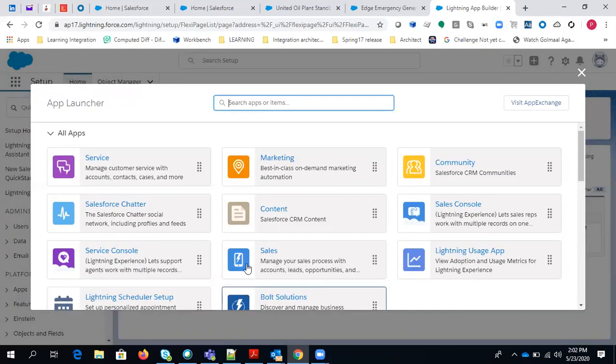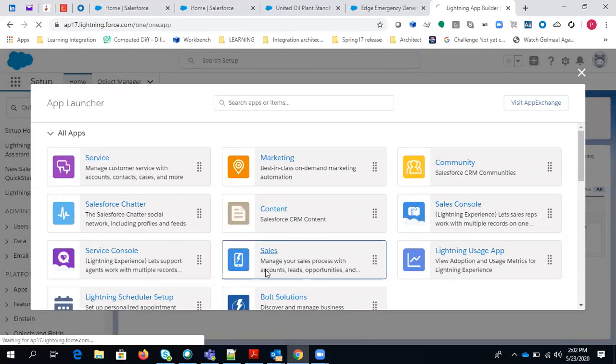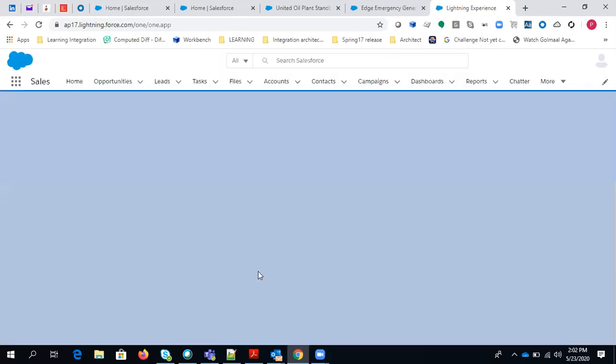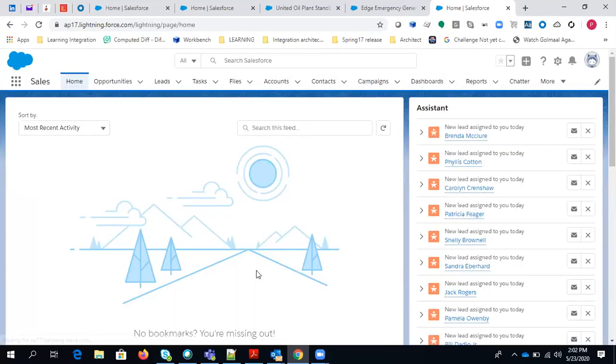Here you can come, and after clicking on the sales, right? So here, what you should get is a tab here in the sales app, but sometimes it is generally not refreshed. So you can refresh it and you should get it after refreshing it.